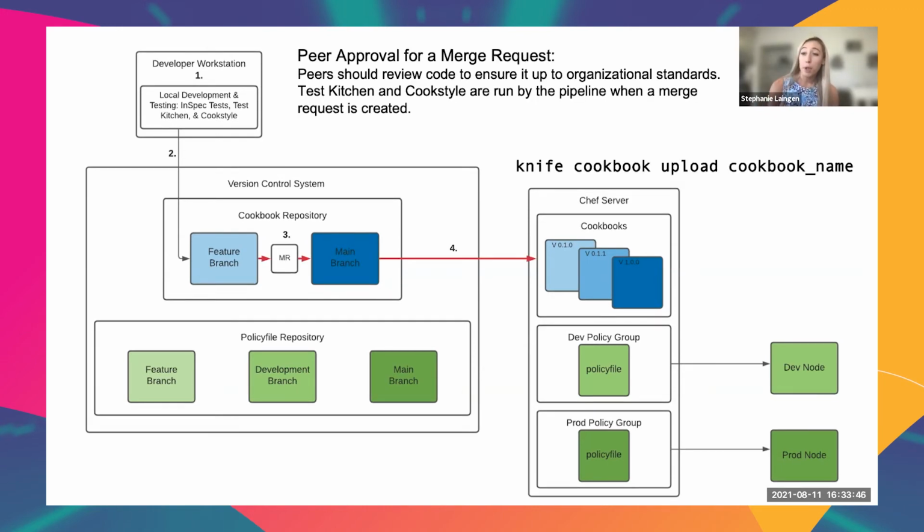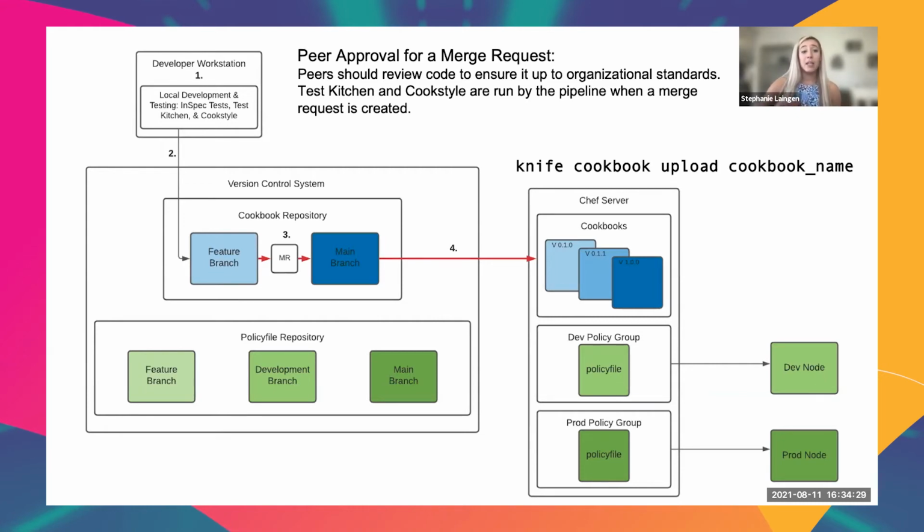But now when we make a merge request, instead of our peers having to run Test Kitchen and CookStyle locally in their own developer workstations to be able to be confident about this code change, our pipeline will do it automatically for us. The CI/CD service in GitLab is called GitLab Pipelines. And so I'm going to be referring to the automated pieces of this as our pipeline. So please bear with me through that. And I've marked every step that the pipeline interacts with or that is done by the pipeline in red so that you know that that is not a manual step.